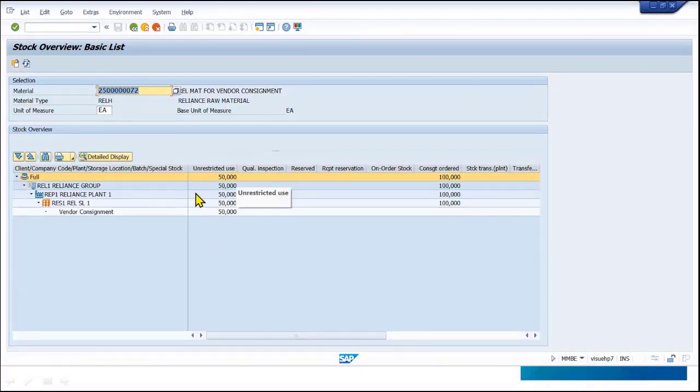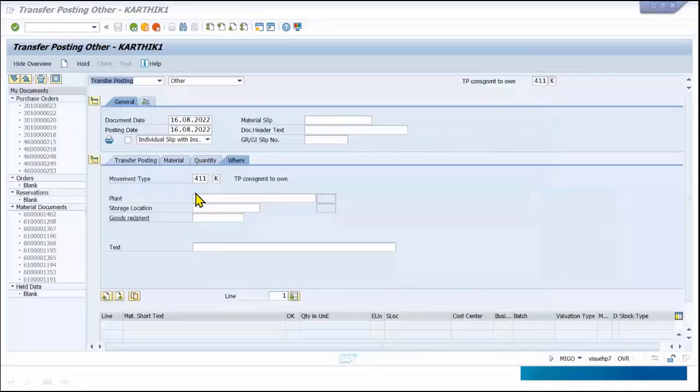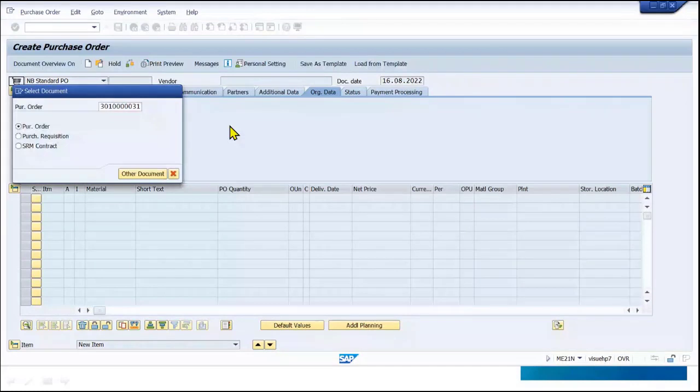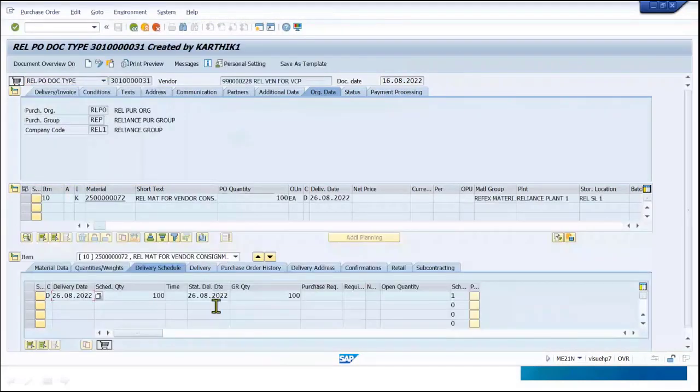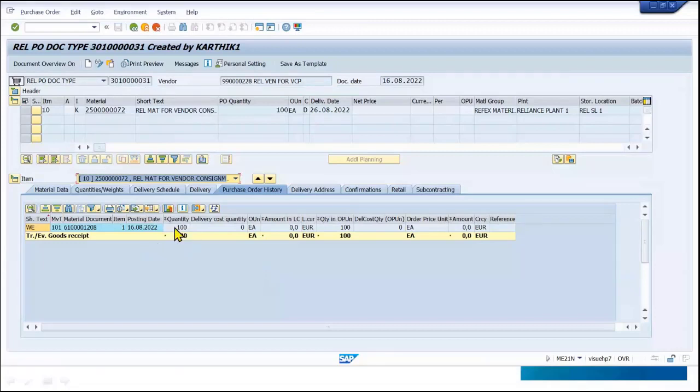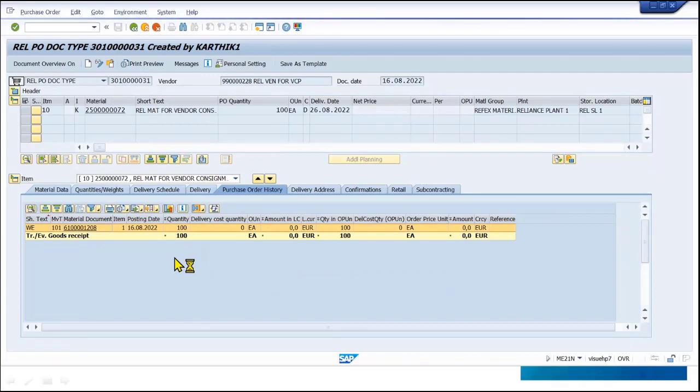We have owned the stock, but we need to do auto PO. See, automatically PO has been generated, but you need to settle the PO. So yeah, here, click on this. Observe here. If you check the PO history, see, open quantity of the particular PO is 100. If you go to this purchase order history, see 100. You won't get transfer posting and all. So here, if you click on this,